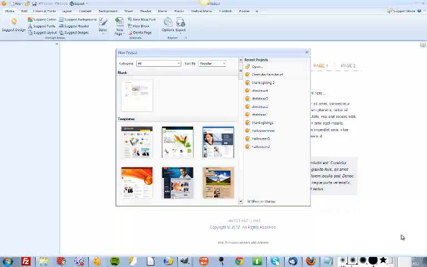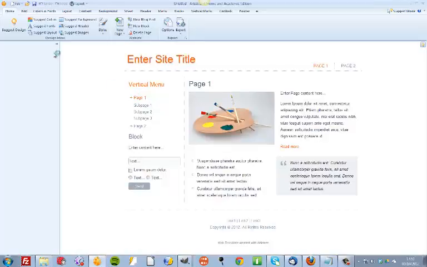Okay, so in this video we're going to take the graphics we did in the last video and add them to our new theme, and then we're going to customize the layout of the different elements, and then we're going to create our WordPress theme from that. Okay, so if we start with a blank theme here,